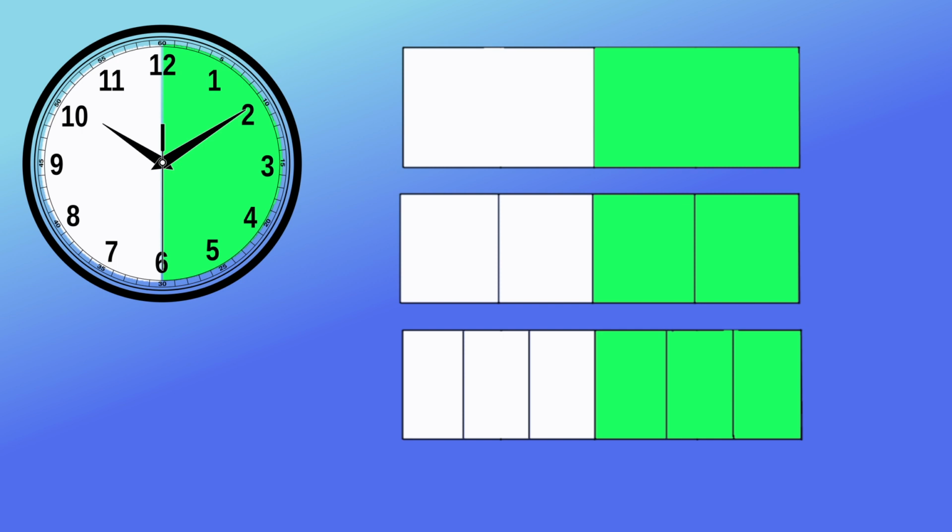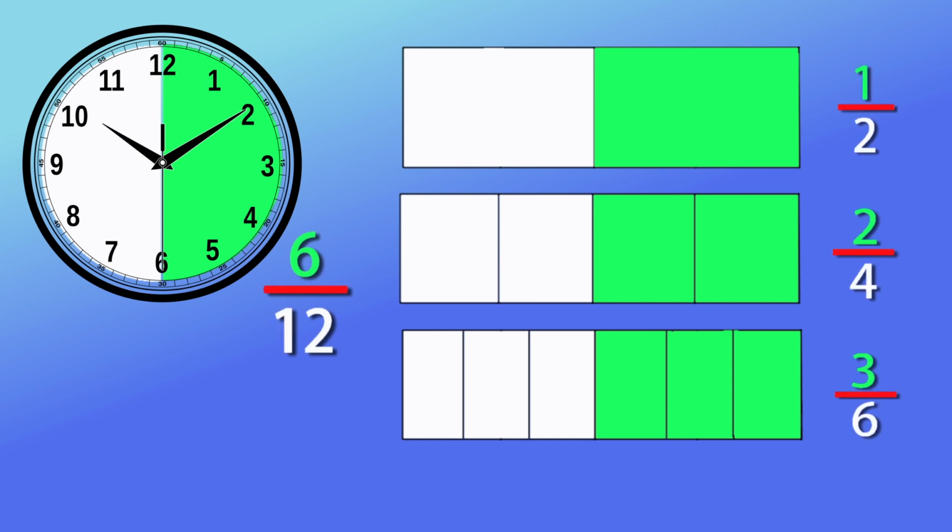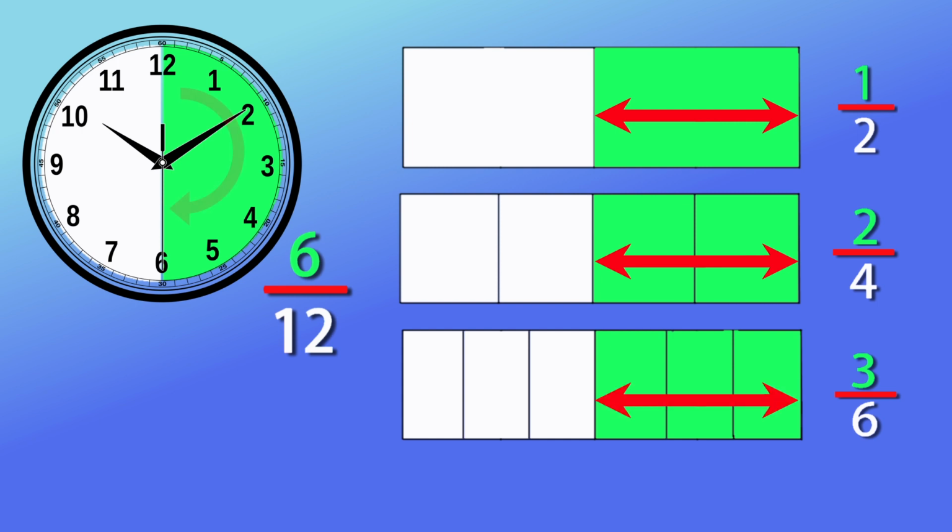Now look at these shapes divided into sections. I've filled in sections of each shape with the colour green, representing a fraction of the whole shape. Here are the values next to each shape. So we have half, 2 quarters, 3/6 and 6 over 12. All of these fractions have different top and bottom numbers, but hopefully you can see that with each shape, half of it is filled in. So really, what we're looking at is fractions equivalent to 1/2.